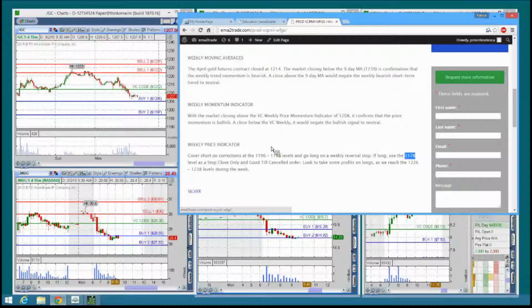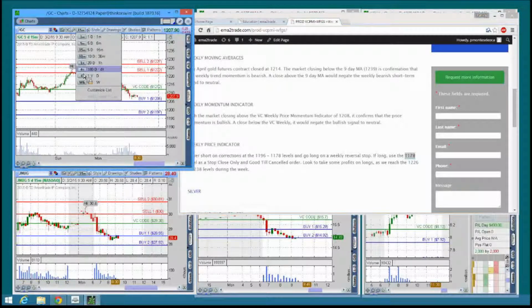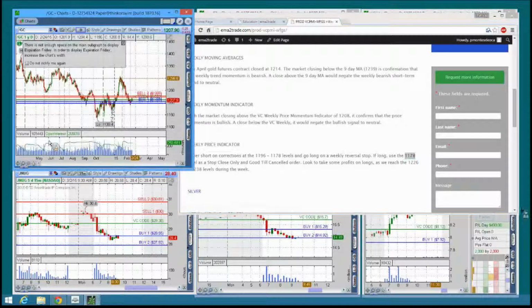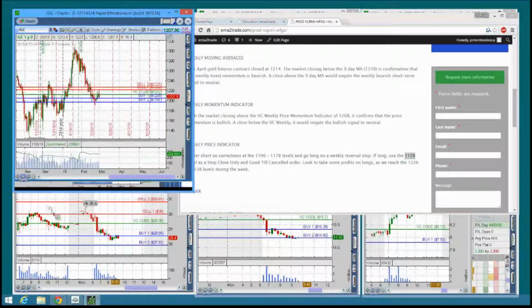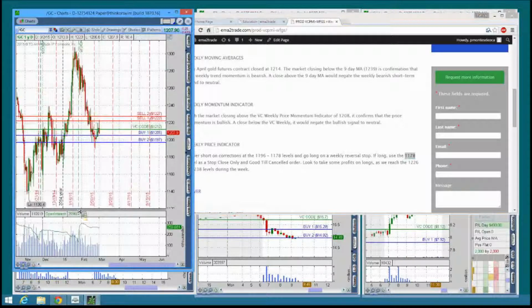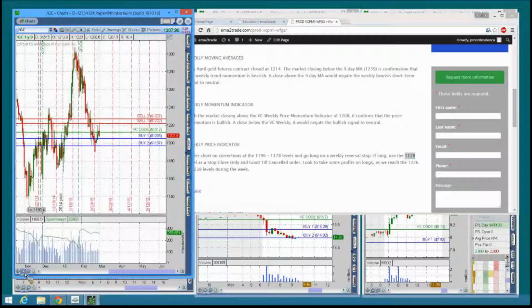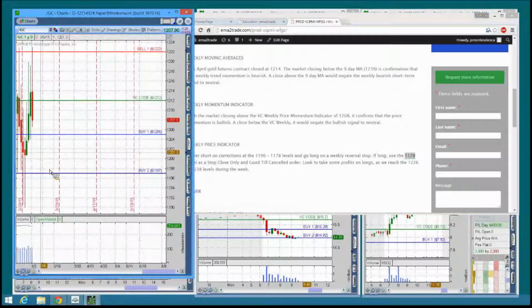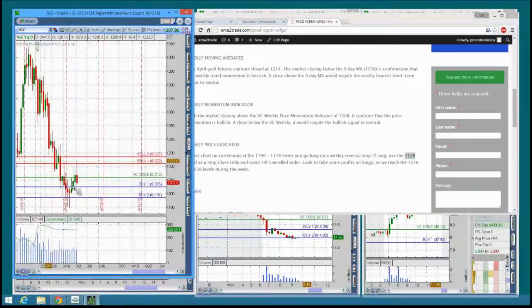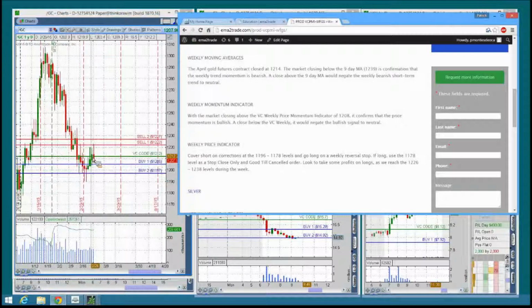Let's examine for a minute what has happened so far. If we take a look at the chart on your left, it's the daily gold chart, and I just want to examine what has happened here. Based on the close on Friday, obviously the market was indicating a bullish